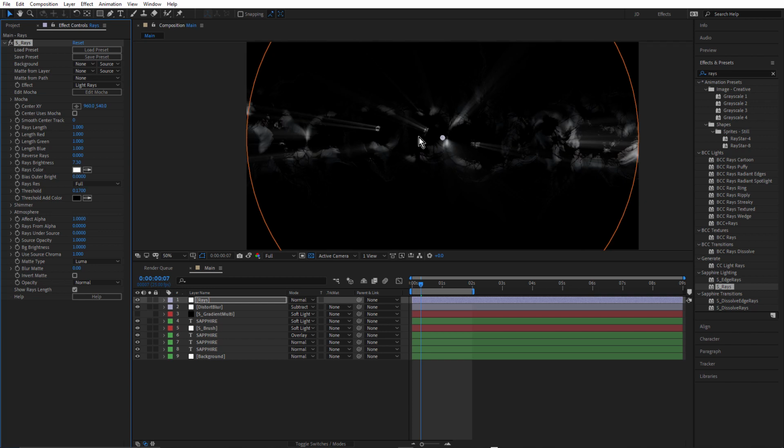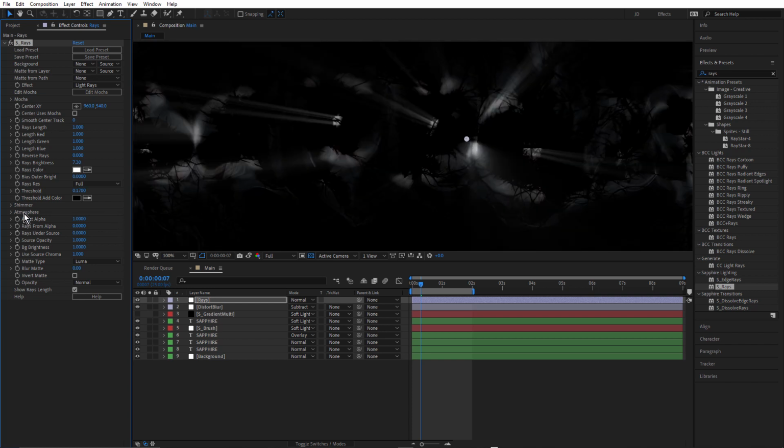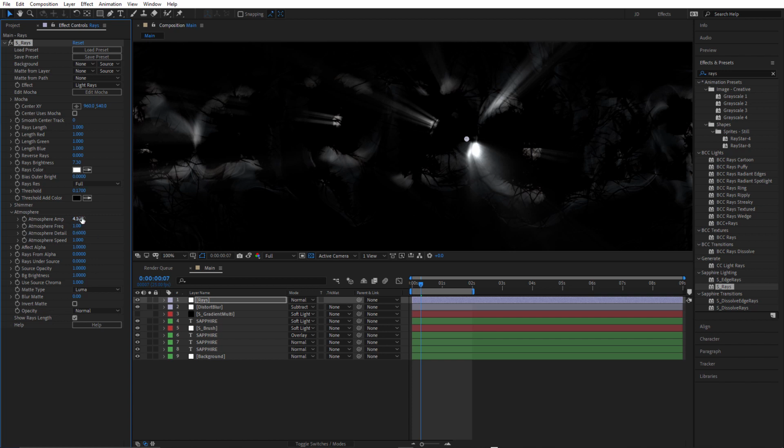There we go. And to add some spooky smoke, just twirl open atmosphere and just increase the atmosphere amplitude. Maybe make that about 5.